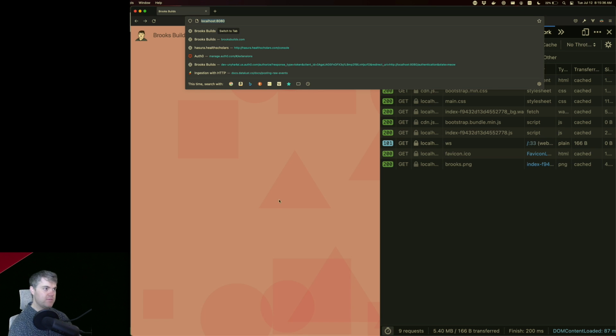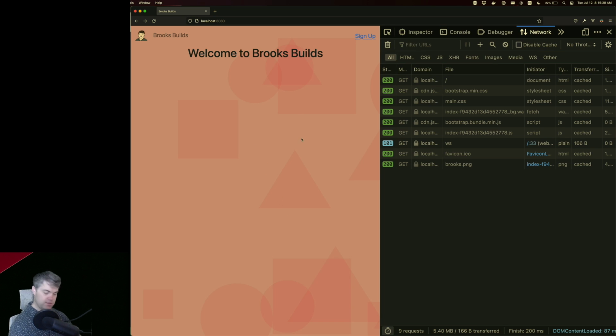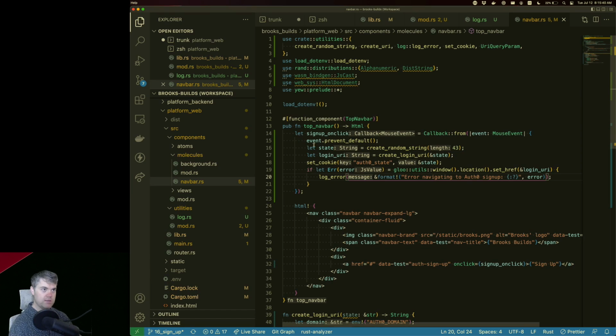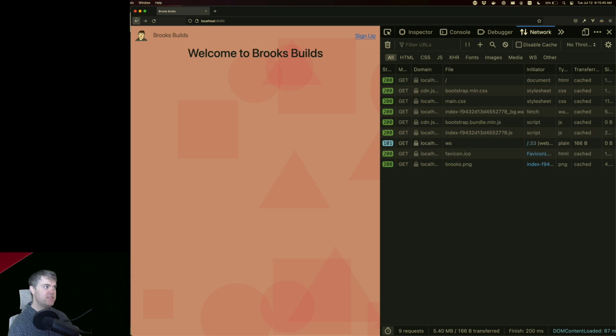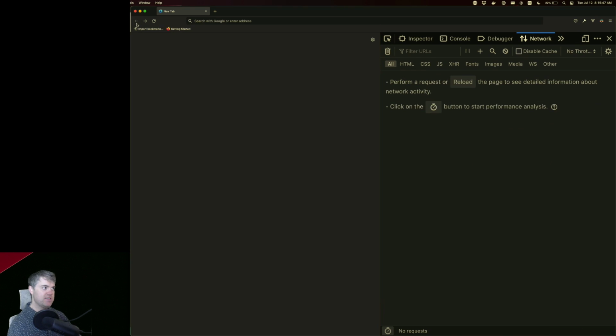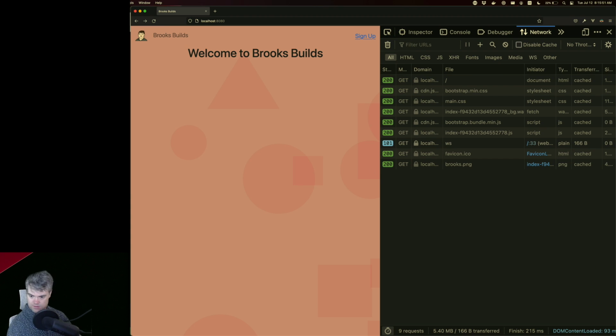Oh, sorry, it's not. What is my callback URL? It's not just 8080, it's like auth something. I need to look at what I set it to be. It's an environment variable too, so